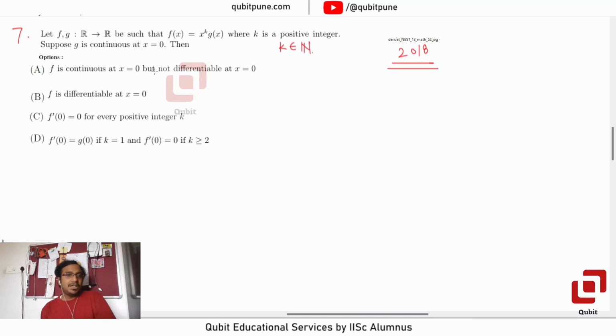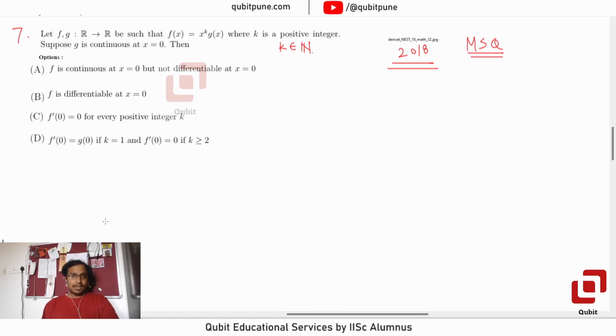Suppose g is continuous at x equal to 0, then option A: f is continuous at 0 but not differentiable at 0. Option B: f is differentiable at 0. Third, f dash of 0 is 0 for every positive integer k. Fourth, f dash of 0 is g of 0 if k is 1, and f dash of 0 is 0 if k is greater than or equal to 2. This is also a multiple select question,